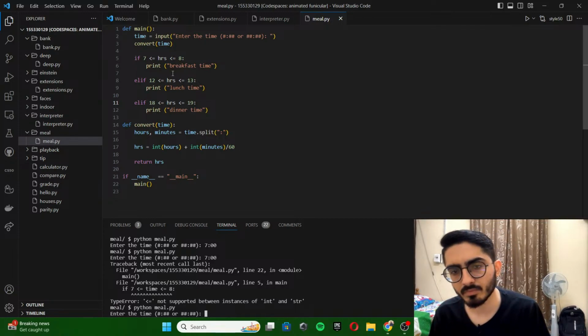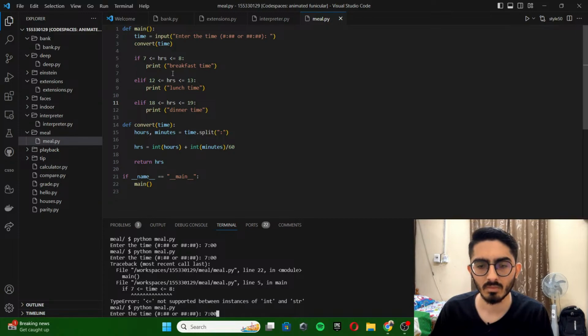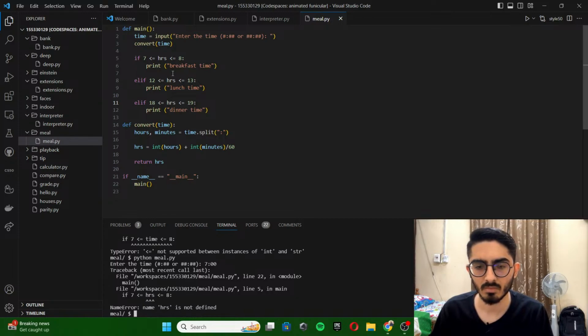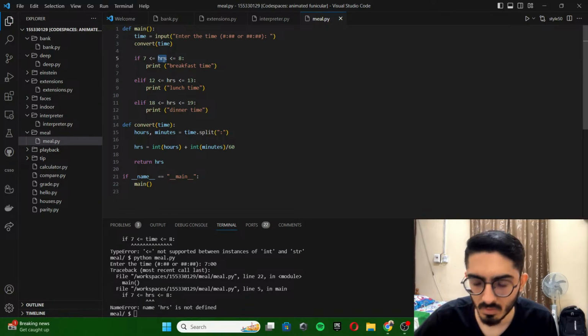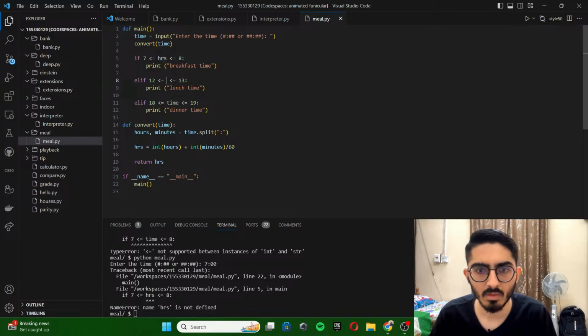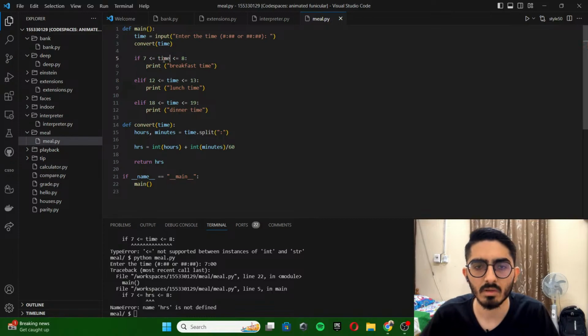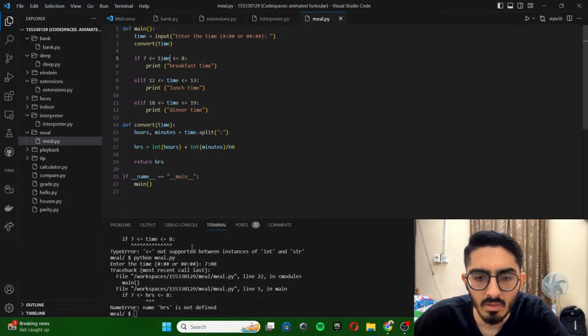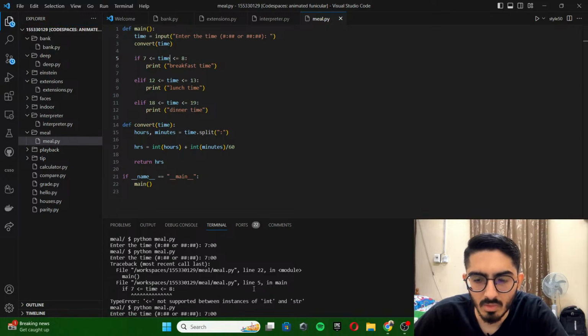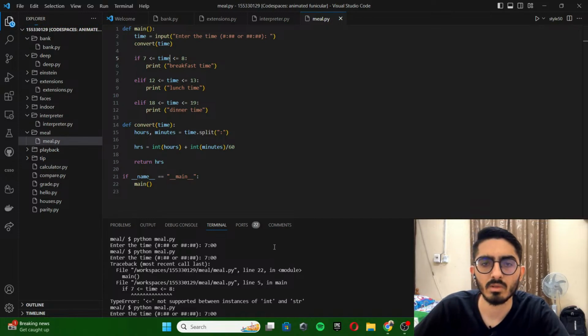Just a minute. Okay, so I think this should be time only, but I think we are making some mistake. It is telling that in line 5 in main, greater than or equal to is not supported between instances of integer and string. How is time a string? First of all,